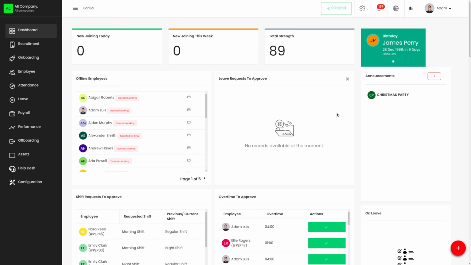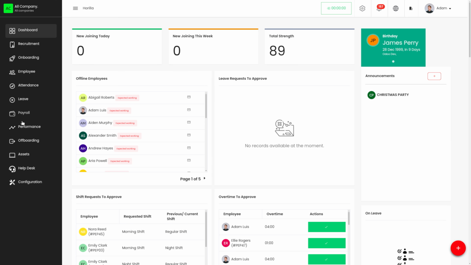In today's video, let's discuss how to create feedbacks and anonymous feedback. So, feedbacks or 360-degree feedback, also known as multi-rater feedback or multi-source assessment, is a comprehensive evaluation system used in organizations to assess an employee's performance and behavior from multiple perspectives. It involves feedbacks from a range of stakeholders such as managers, peers, subordinates, and sometimes even customers. So let's see how we can create a feedback in Horilla.